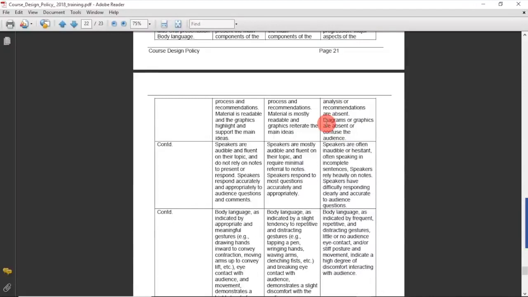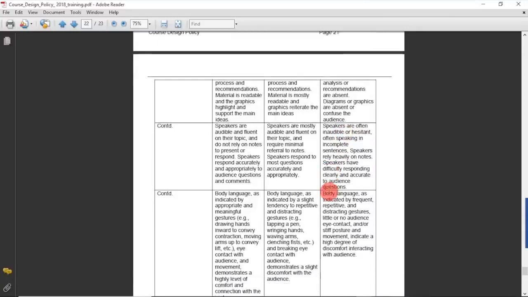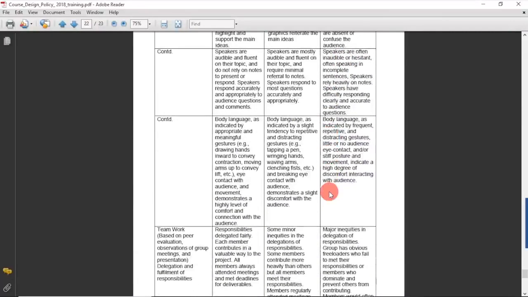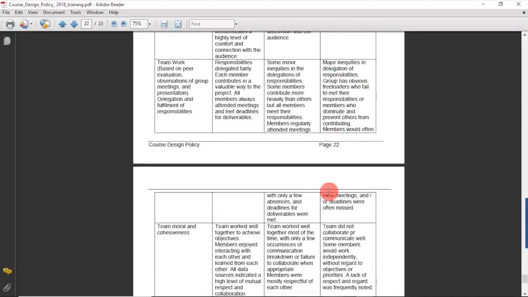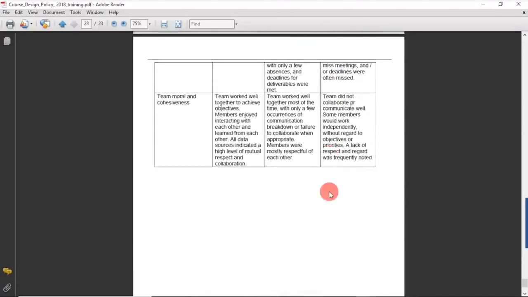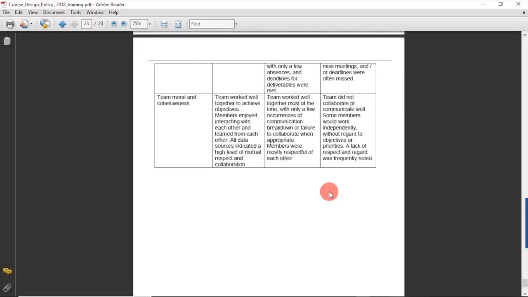If it is a presentation, what are the rubrics to be used? If it's a role play, what are the rubrics to be used? If it's a project, what are the rubrics to be used? So you just go in for typing rubrics for that particular thing which you are trying to assess on Google, and you will get a lot of samples, and then go in for preparing a rubric of your own, which is more suitable for your course and your students, understanding the level of your students.